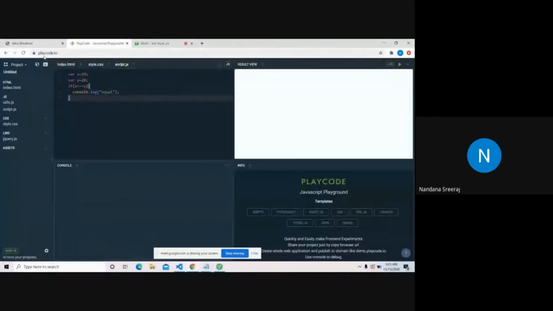So this is the if statement. What if does is check whether this thing is equal. If it is equal, it prints equal. Since x is 10 and y is 20, it's not equal, so it prints nothing. So we'll give an else statement also. Else console.log not equal. This is how you check things in JavaScript. If you have to check if two things are equal, or if one thing is greater than something, we use the if statement.